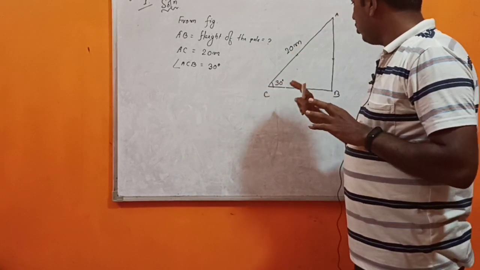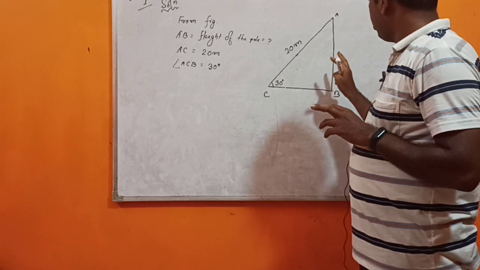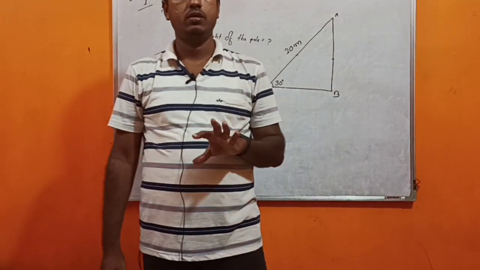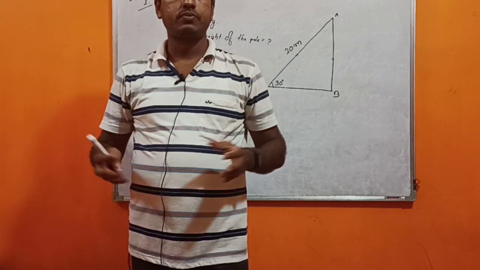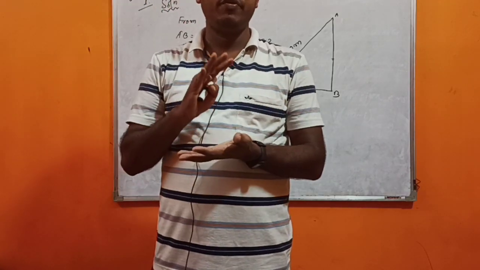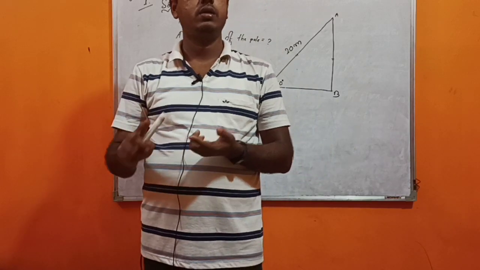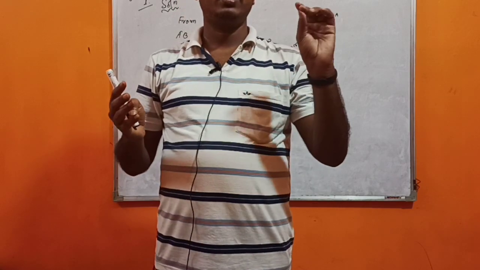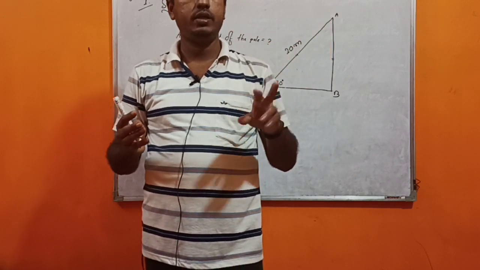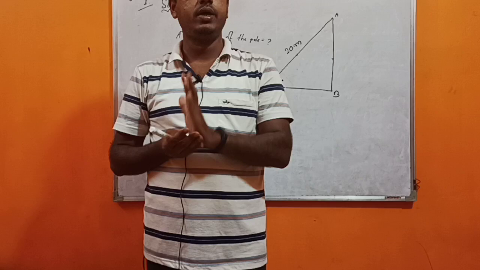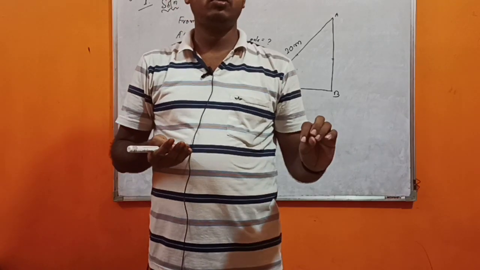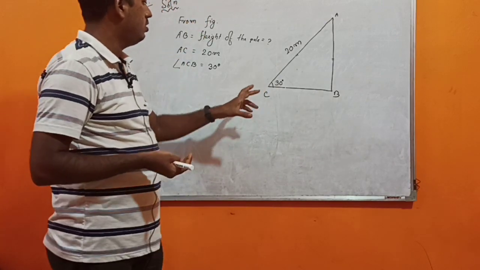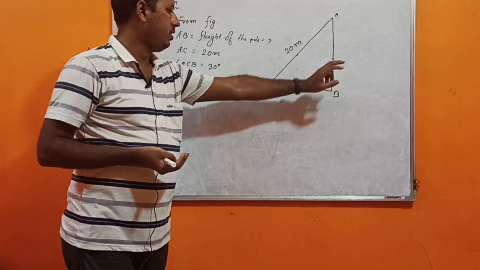Through the ratio of perpendicular and hypotenuse we will get sine and cosec. Please listen to my words. We have to find AB, and AB is the perpendicular, AC is given, and AC is the hypotenuse. We have to know all the 6 ratios of trigonometry: sine theta equals perpendicular by hypotenuse, and cosec theta is equal to hypotenuse by perpendicular. Through these two ratios we have to find AB.